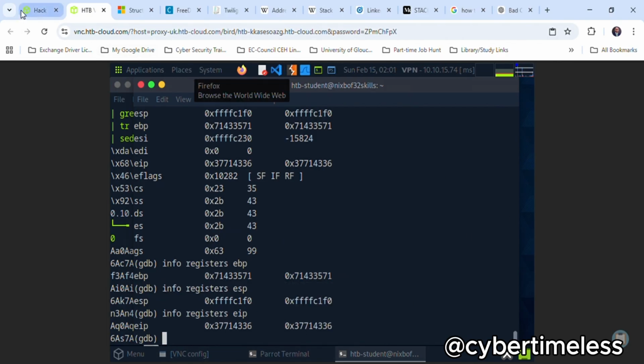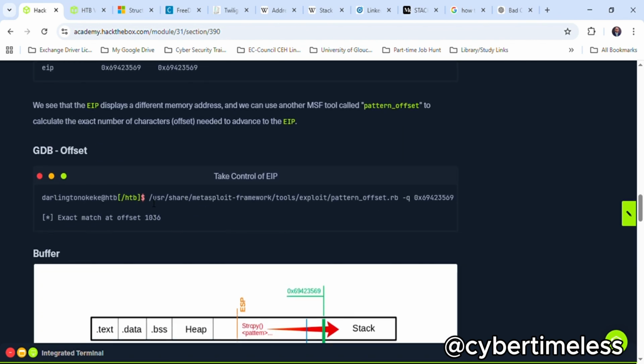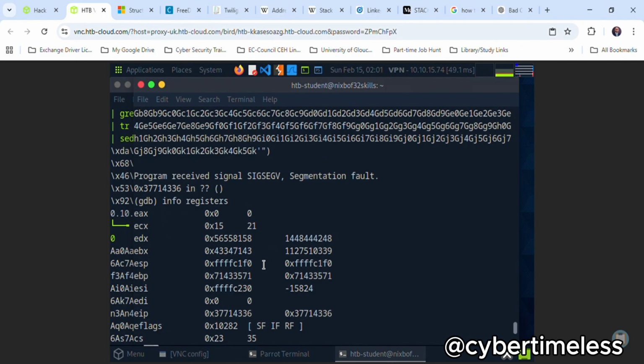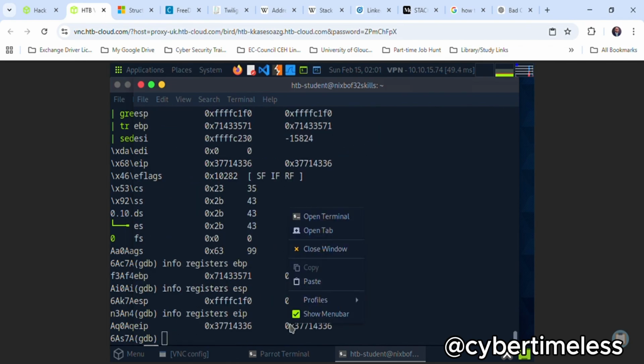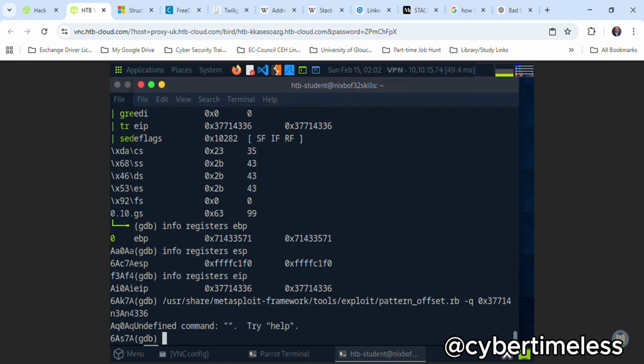Because we already have the memory address after we took control of the EIP, we're going to put that memory address after the /q. The memory address I'm talking about is the EIP. So I'll copy the EIP and paste it there, and it's going to give us the exact